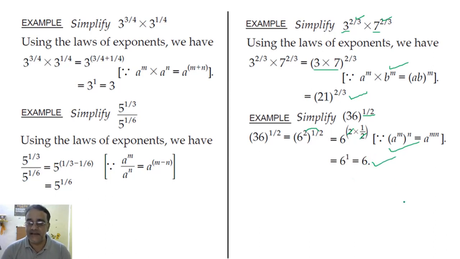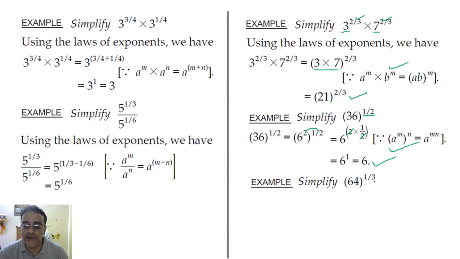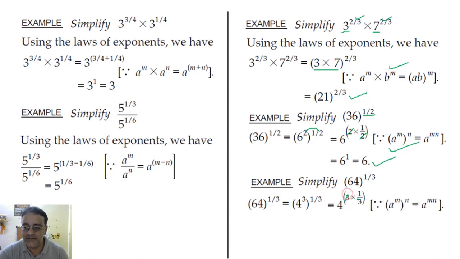Right. Now one more example we'll see. 64 to the power 1/3. So 64 we have to write in power of 3. How will you write? 4 cube. Yes, 4 cube. Very good. So 64 to the power 1/3 is equal to 4 cube to the power 1/3. Again, the same property we are using here. 3 into 1/3 हो जाएगा. Same law, and this 3 will be cancelled and we'll get 4 to the power 1, and that is 4. Okay, any doubt in these simple problems?